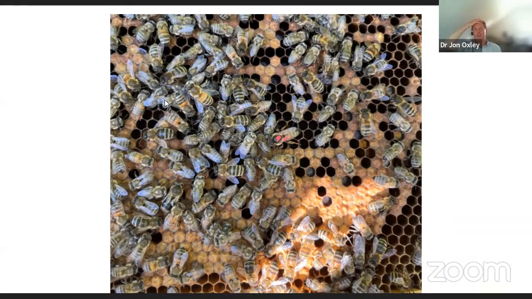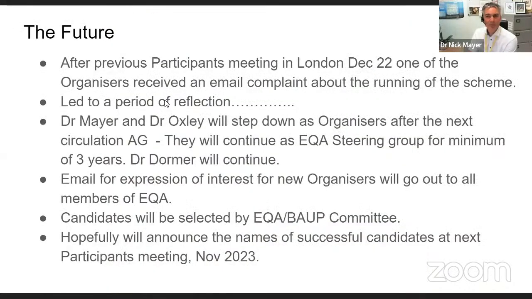Basically at the end of the last meeting, we got a complaint email to one of the organisers about the running of the scheme, and in accordance with the SOPs, we're required to flag this to the meeting. Now, it's not appropriate or really possible to go into the specifics of that in a forum like this, but